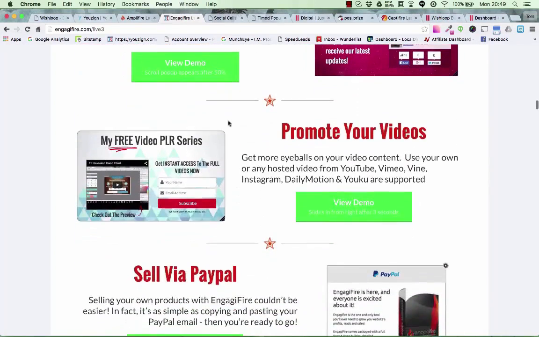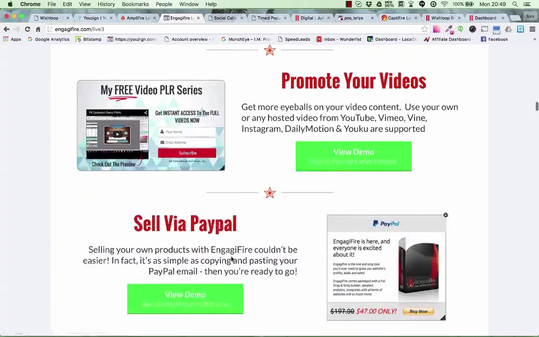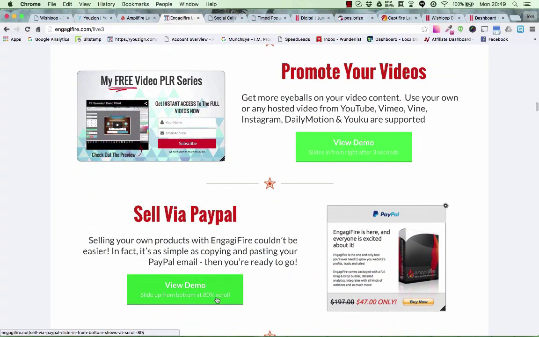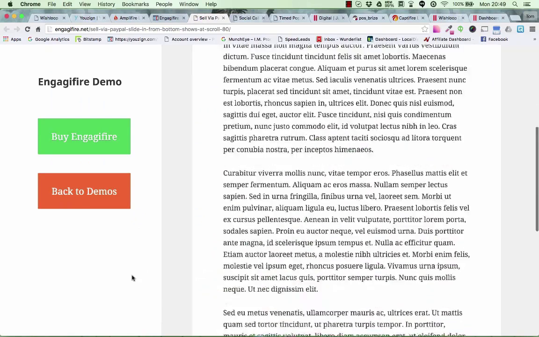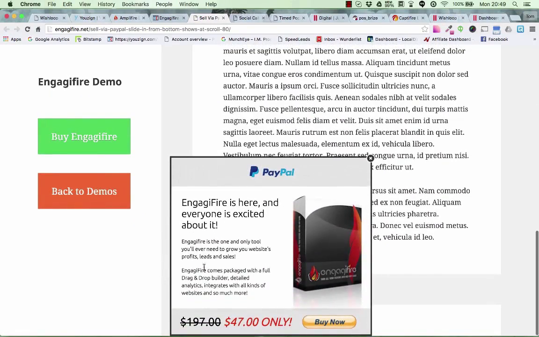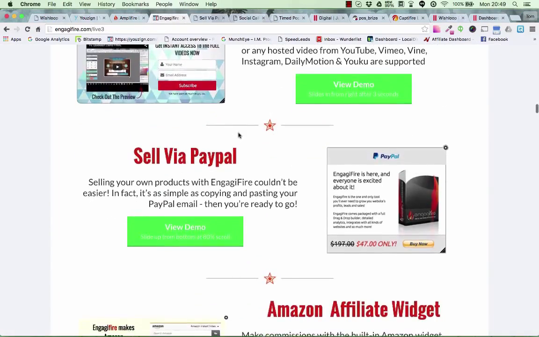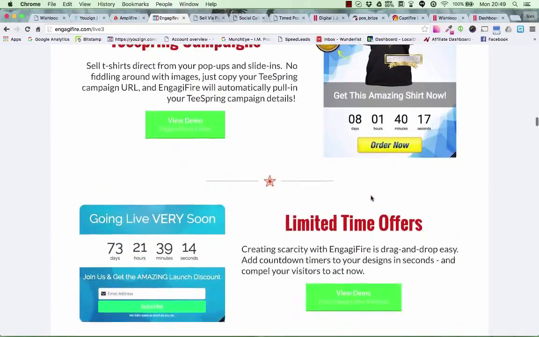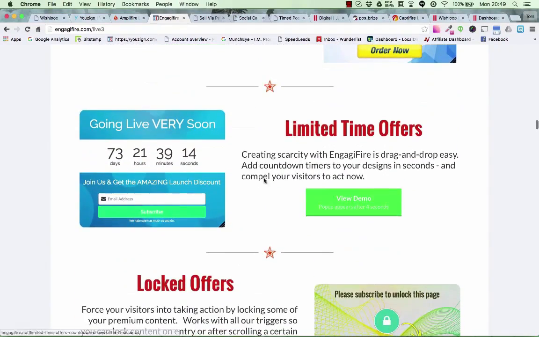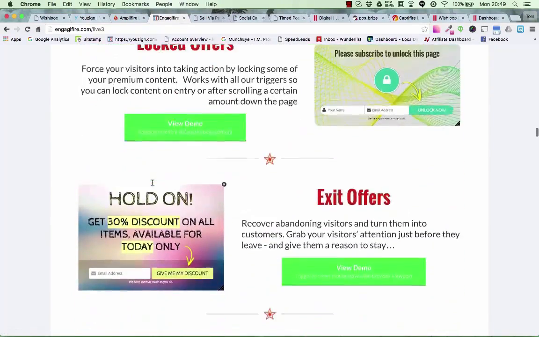Social call to action. You can add videos. You can sell via PayPal. So this is a slide in at the bottom like so. There's loads of different options. You can have Teespring integration with all of your campaigns, limited time offers,